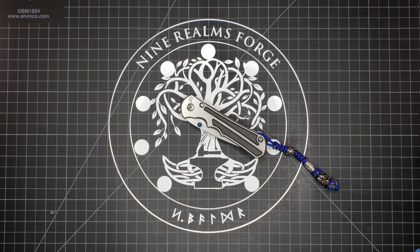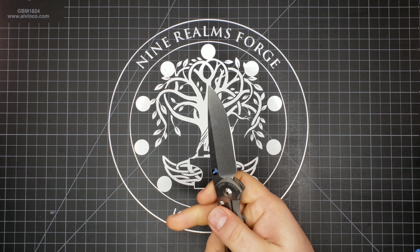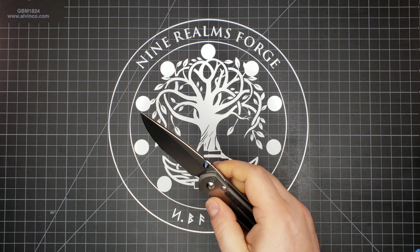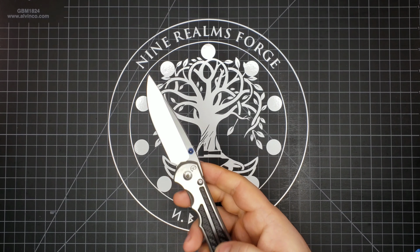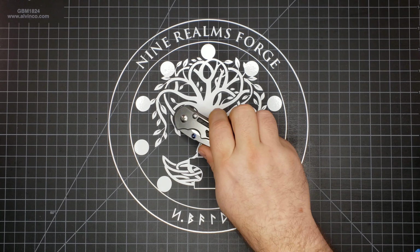So, one of the things that I really like about Chris Reeve knives is that they all come with their own disassembly tools. They want you to take them apart and maintain them, which is a nice thing. And this guy came with 2 wrenches because this is a double-sided pivot, not one, in this size, and a wrench in this size. And so it was nice to see that they just covered all those little details and